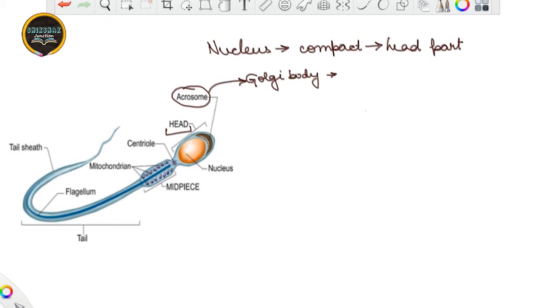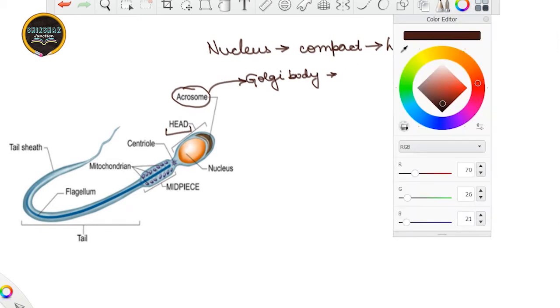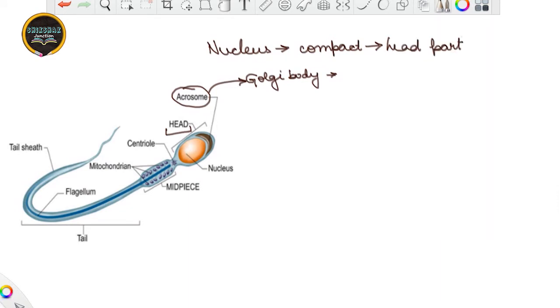Because this acrosome contains the enzymes such as, okay, let me change the color so that you might not encounter any difficulty, right? When the color changes, perhaps we remember those things, because the visible presentation changes a bit. That is why, right? So this Golgi body forms the acrosome, and what is very important about this acrosome is the presence of the enzymes like hyaluronidase. Okay, hyaluronidase. See, the spelling as well as the pronunciation is somewhat different, so you must remember.